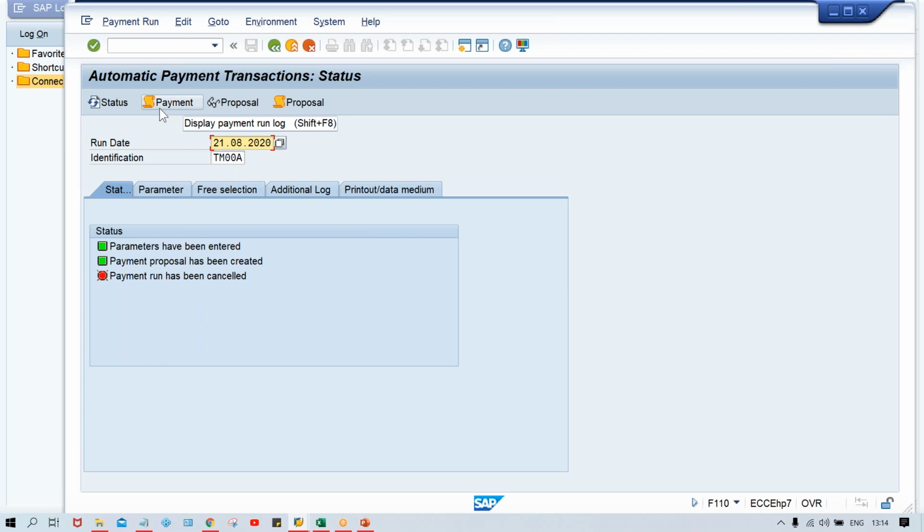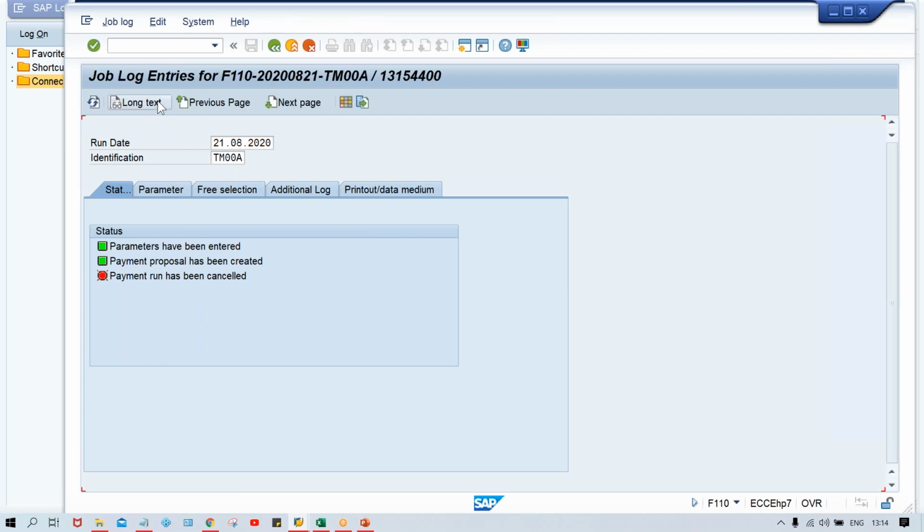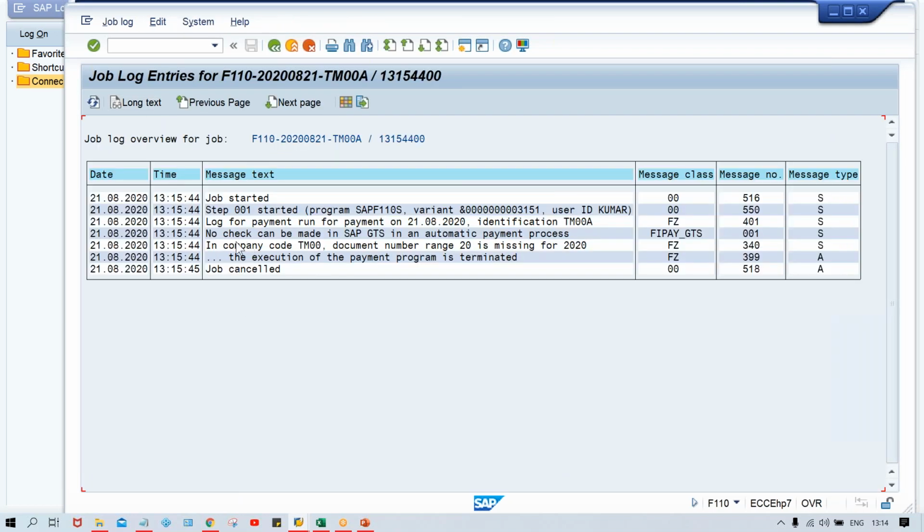to the document type. Somebody else is going to create a different number range and assign his own number range to that document type. So your code is 01, somebody has created 15. So what is happening? Of course there is a conflict, right? Now here click on payment and look at here, in company code TM00 document number range 20